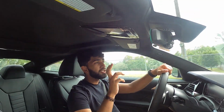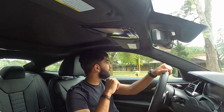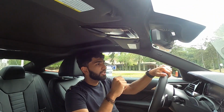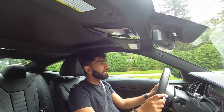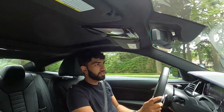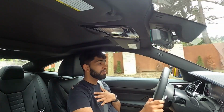Keep in mind, a lot of this audio is pumped in, but nonetheless, it's got a decent pickup when you put it in sport mode. Again, that shouldn't be your main priority when you're driving this car, because there are other options available. In terms of the overall experience of being here in the cabin, I personally don't have an issue with the